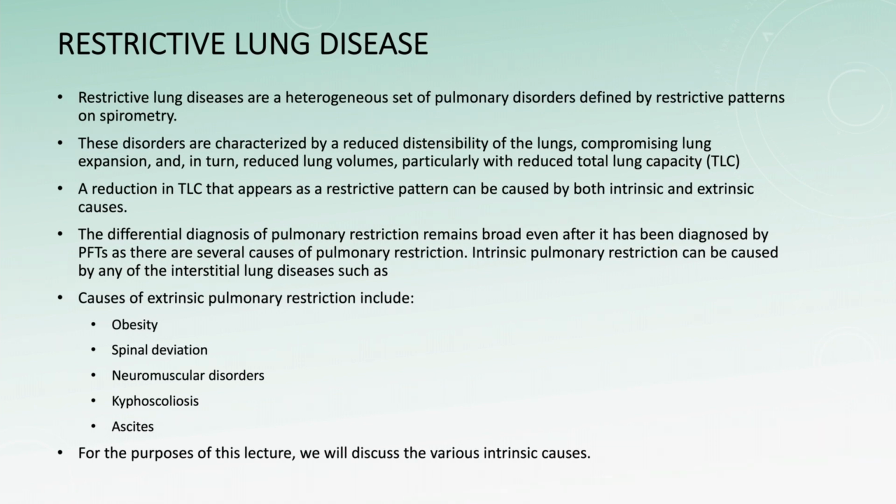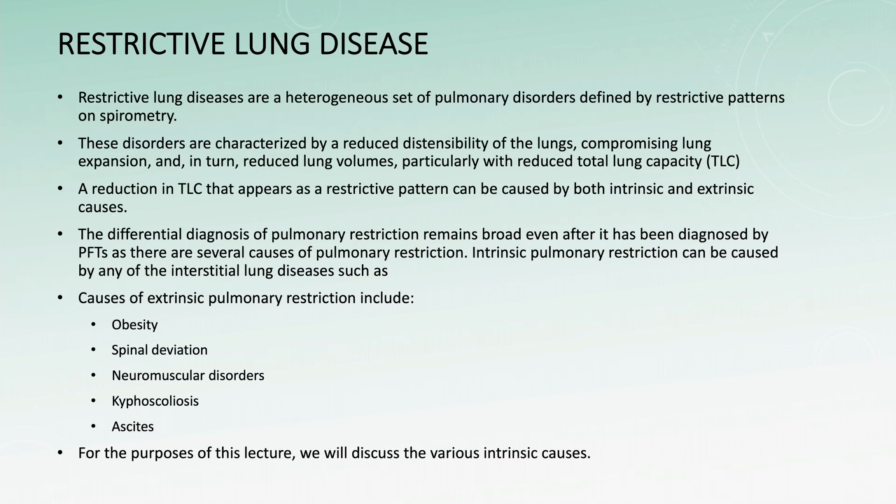So total lung capacity is how much air you can fit in your lungs at maximum inspiration. And anything that inhibits you from filling the lungs as full as you can is causing a restrictive process. Now, there are causes of restrictive lung disease that are innate, from the lung itself, and that's considered an intrinsic restrictive pattern. And there are causes of restriction that are outside of the lungs, or extrapulmonary, and those are extrinsic causes. So some examples of intrinsic will be the things we're going to be covering today: interstitial lung disease,